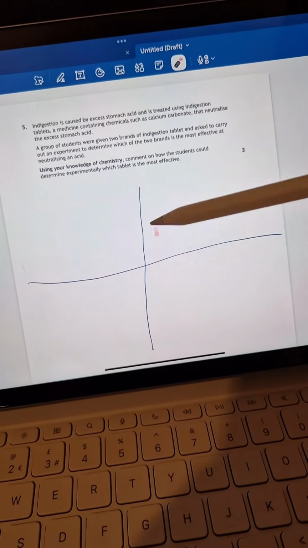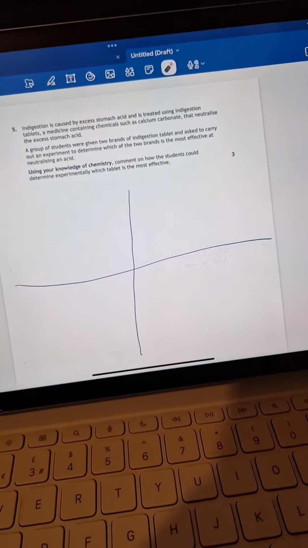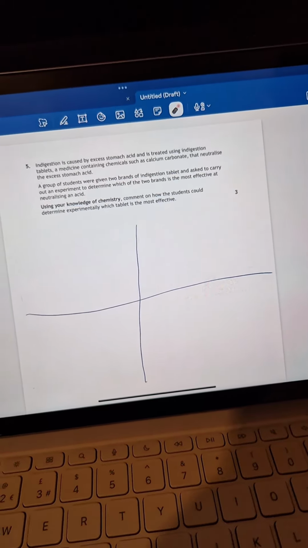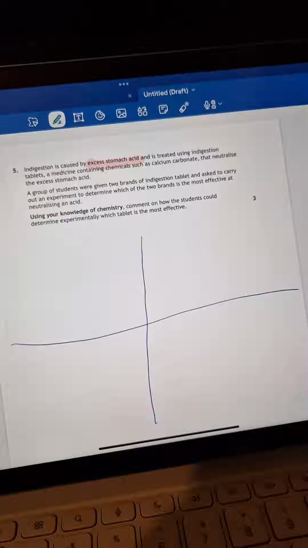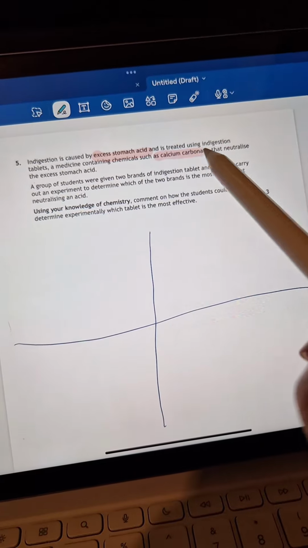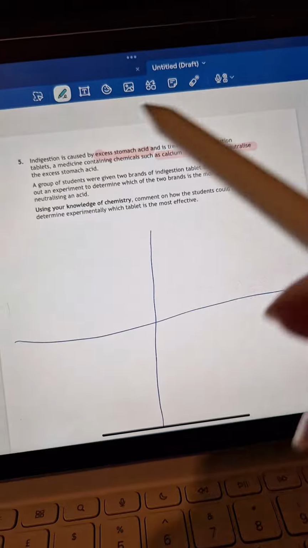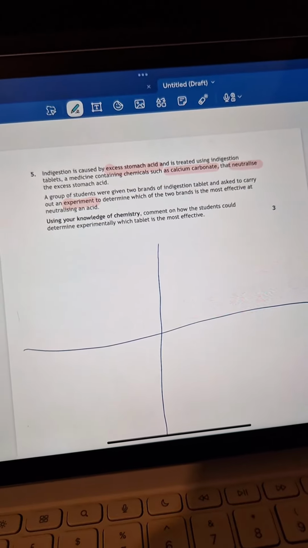Once you've got your page into quarters, you want to then scan through the question and pick out any chemistry things that flag up. So reading through it, we've got things like excess acid, that's chemistry. Then we've also got chemicals like calcium carbonate, that's more chemistry. They mention neutralising, more chemistry. Then it goes on to talk about doing an experiment to determine which of the 2 brands is most effective